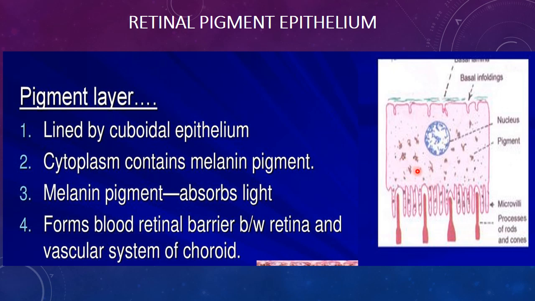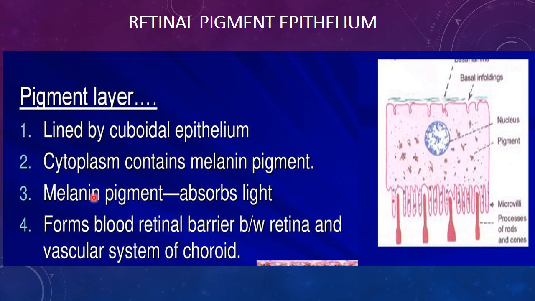Also towards that apical side there are abundant and numerous melanin pigments present in this area, and the cytoplasm of these epithelial cells has a large number of melanin granules, and there are mitochondria, abundant smooth endoplasmic reticulum, Golgi apparatus, lysosomes and many phagosomes. These are present in the cytoplasm.